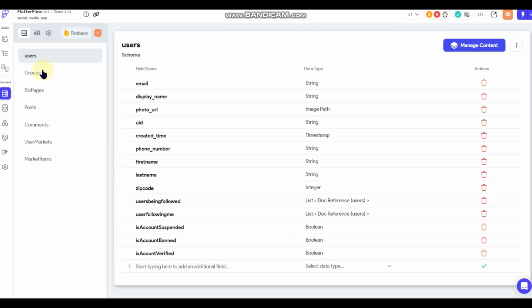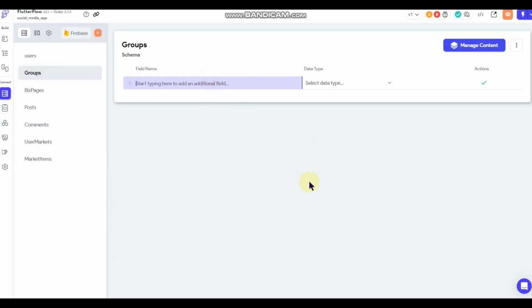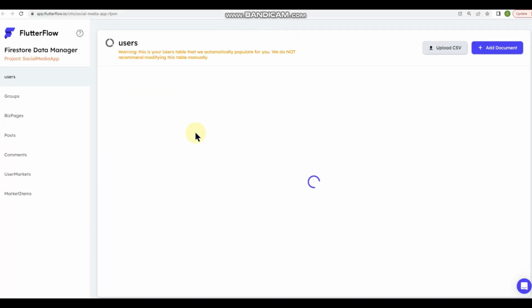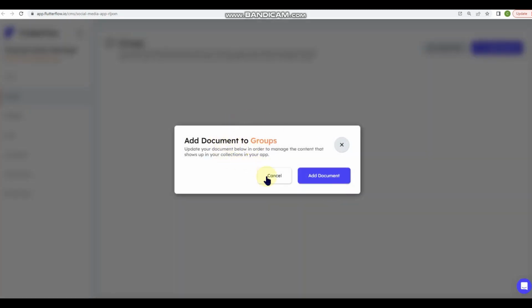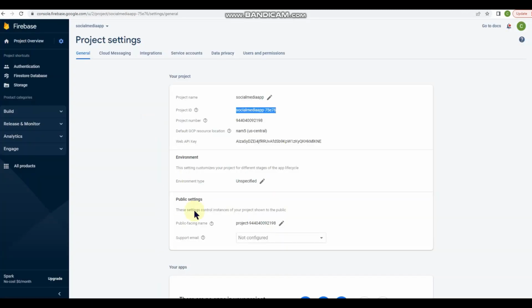Okay, so down here we're going to go to groups. Now for groups, every document, which is an entry into Firestore, so if I go into groups and add a document, I could fill out fields, and a document would be an entry into the database.